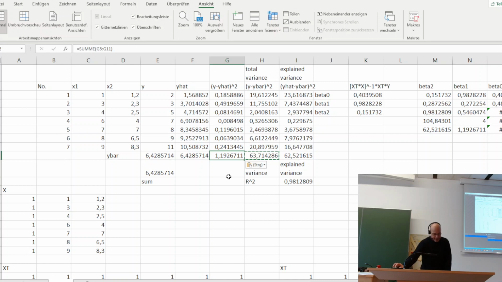And then I obtain SEY squared, the variance with respect to my regression of the